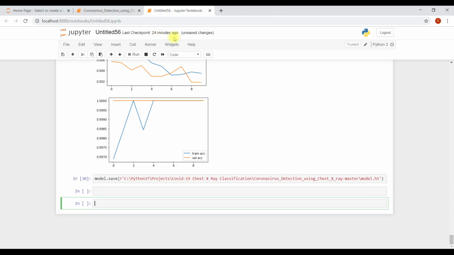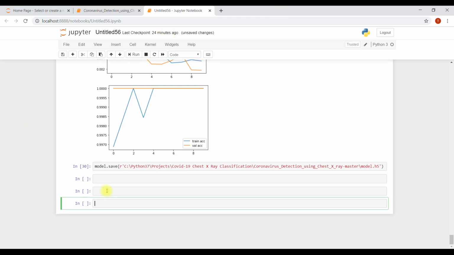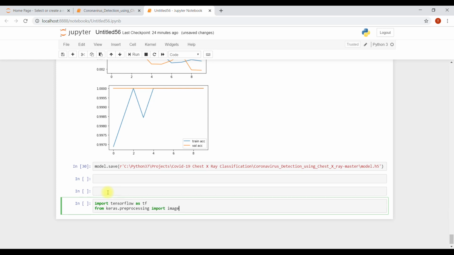So now let's test it on any individual image. You can make a new file or you can load it in the same file. But if you are using anything apart from Jupyter Notebook, I think you need to make a new file. So in the new file you need to write import TensorFlow as tf. Then from keras dot preprocessing import image.